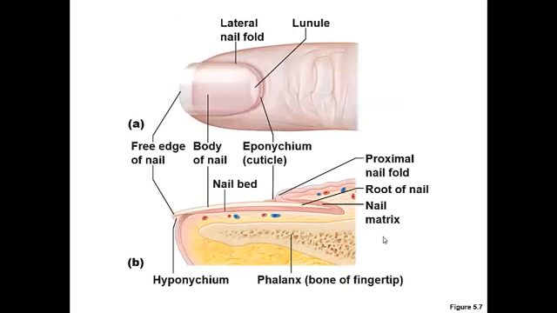Nails are another appendage of the skin that you should be aware of. And a nail is really a scale-like modification of the epidermis. So it's made up of heavily keratinized epithelial cells. The deeper layers of the epidermis are actually going to extend beneath the nail, and you can see them on this diagram. They're going to form what is called the nail bed, this area labeled here, and the nail bed